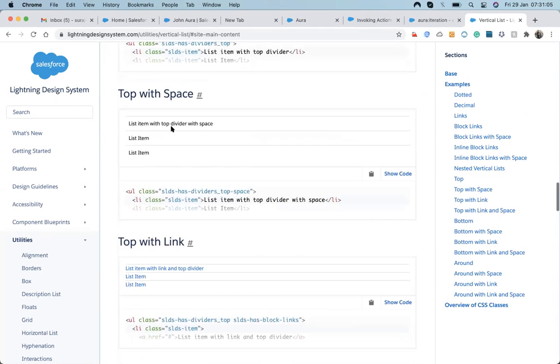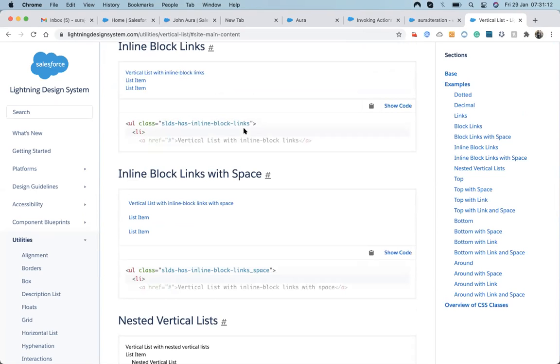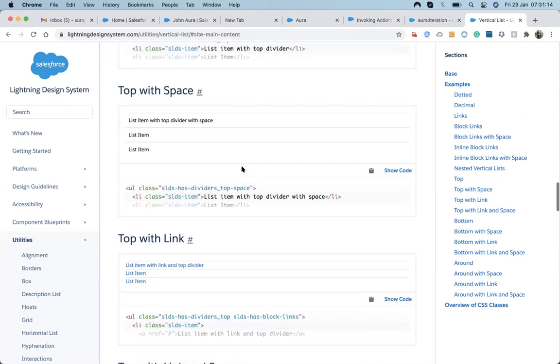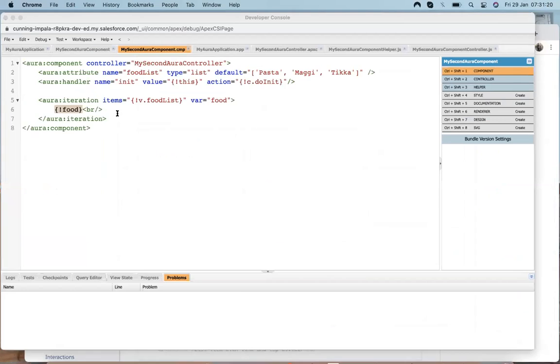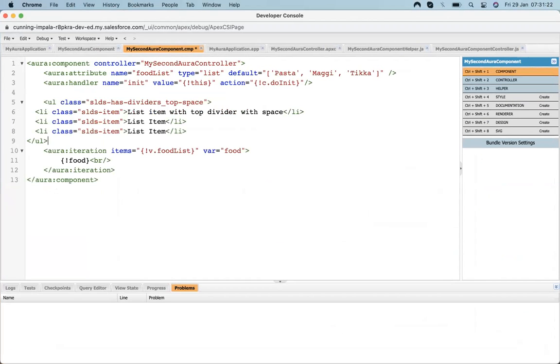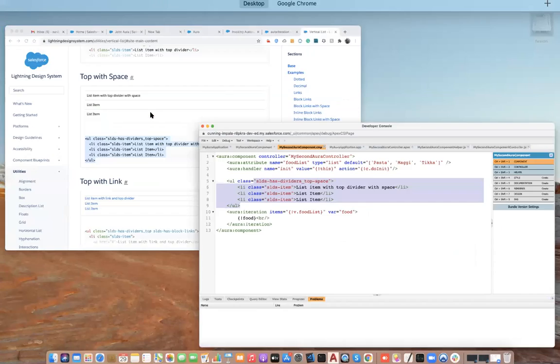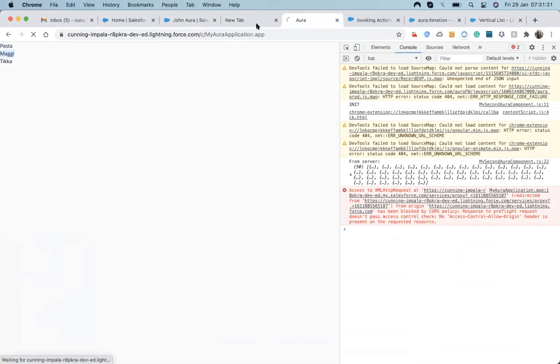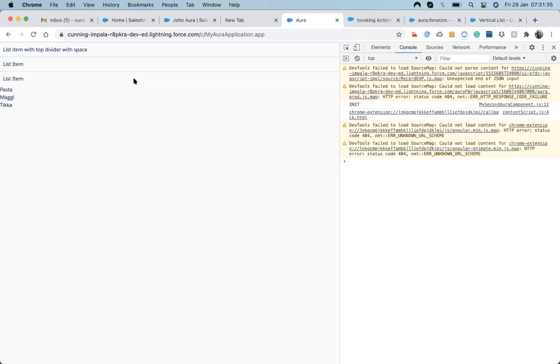Okay, let's copy this. This one looks good. So show code. I will copy this from here and paste it just above this, because I need to check it and then I will make changes. I copied it from here and let's refresh it. So it's showing correctly.